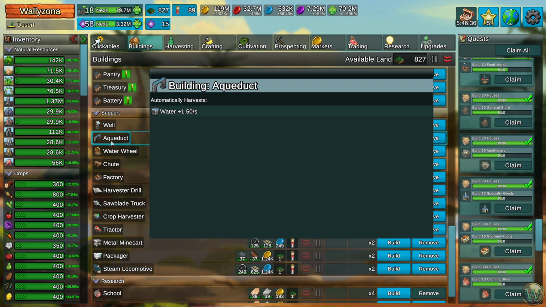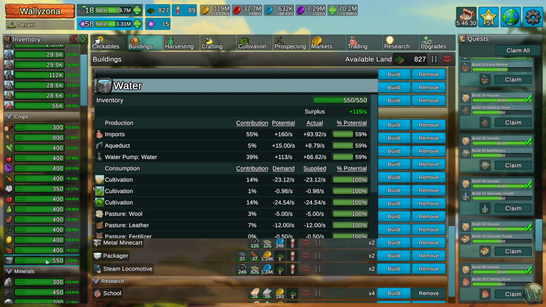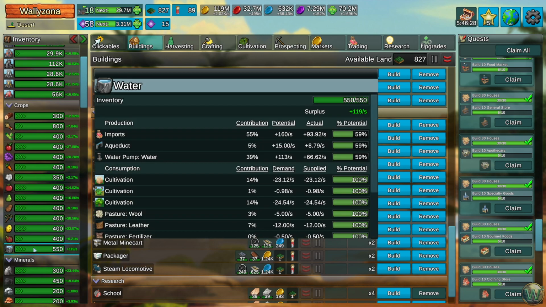And then also the aqueduct automatically harvests. Now, this I am pretty sure counts here, the aqueduct. So I haven't. Yes, it does. So it does draw from the water that is naturally occurring, and so do the water pumps, as you can see. So I am supplementing a little bit with the aqueduct and the water pump, but everything else is coming via the